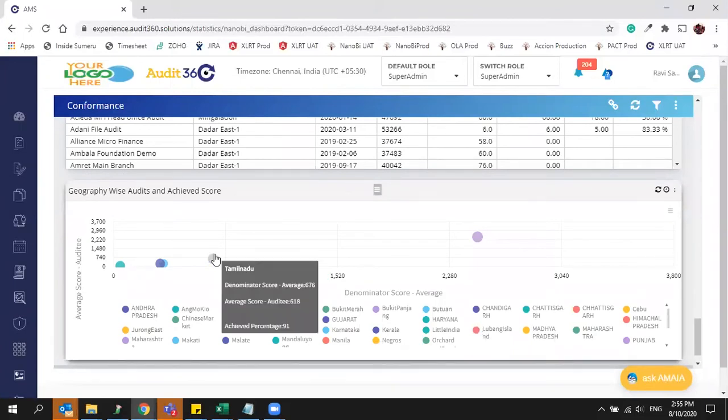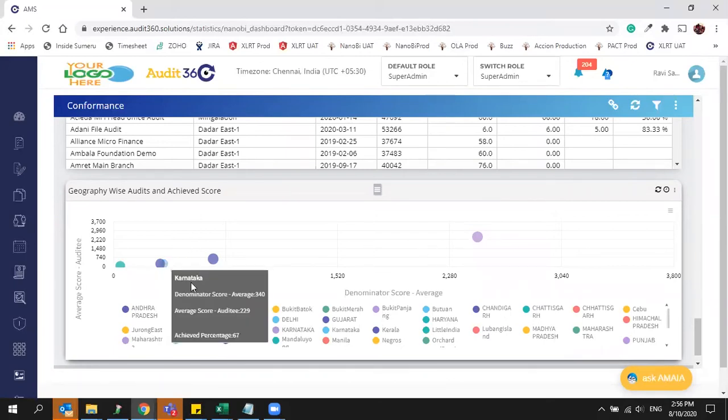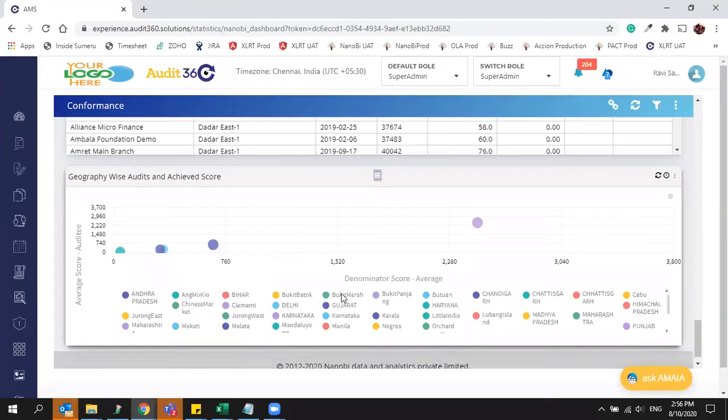It is a geographical wise achieved score. It's a bubble chart where you can see which area has got how much average score and the auditee overall total average achieved score. Those kinds of things you can see in this particular chart.